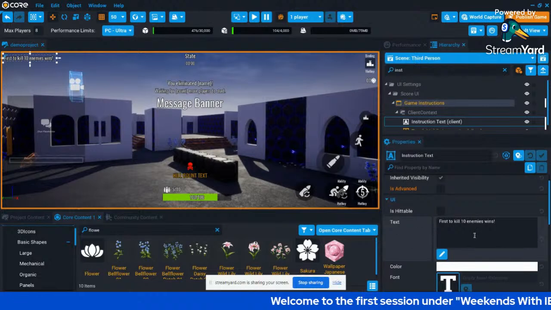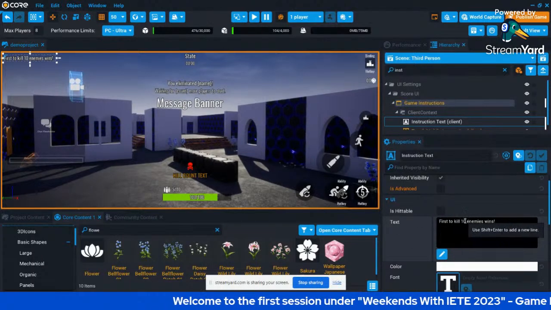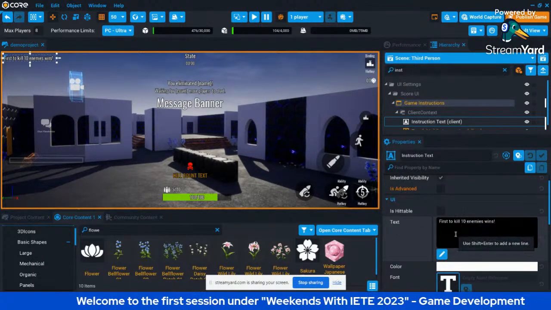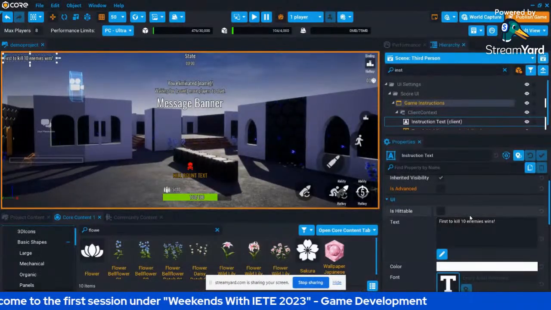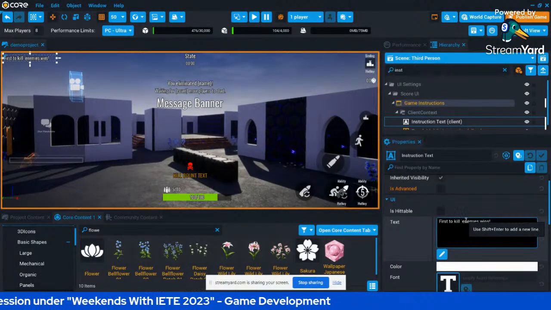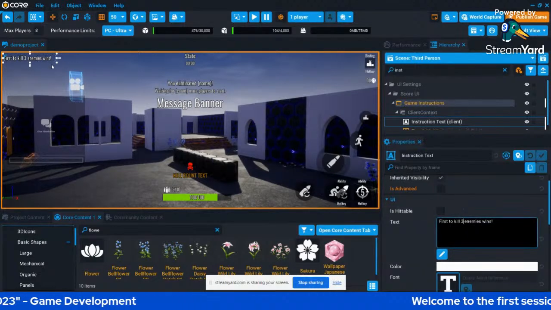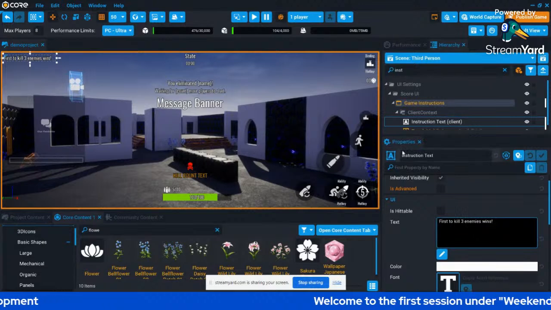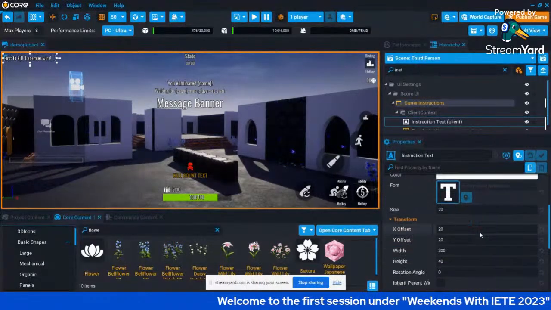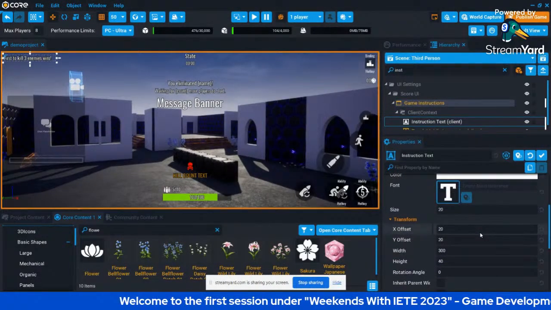Now this is our text: first to kill 10 enemies wins. Now I'll simply change it to 3 and you're done. Can you notice the difference? Now it has changed. Simple as that.